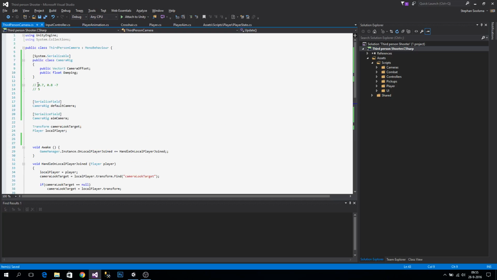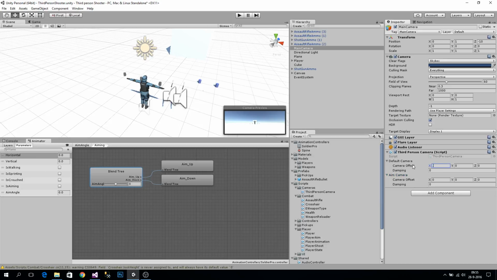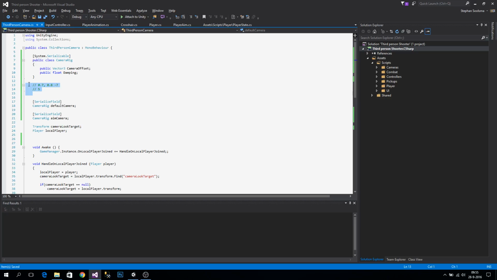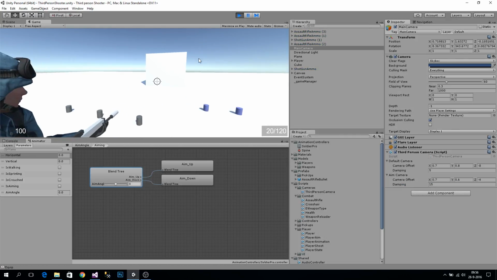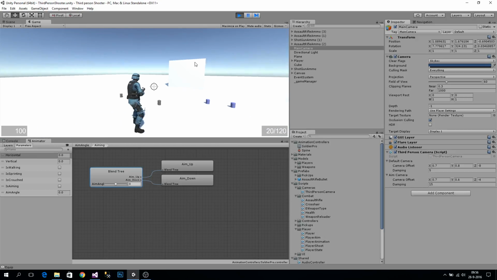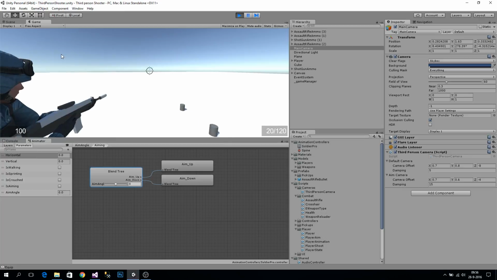Luckily I got these here, so it was 0.7, 0.8, -8 and 5, I think. -7.85, yeah. So let's get rid of this. I'm not entirely sure what we're gonna need here, so let's keep this at 0.7, maybe a little bit lower and maybe a little bit closer, and increase the damping so it will be faster to follow our player. So let's see what happens. There we go. If I hit the right mouse button, it will go to that camera spot,